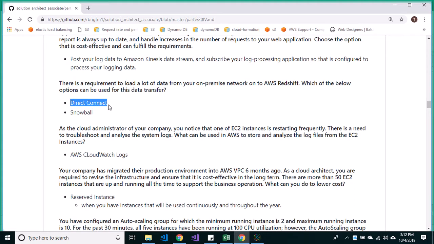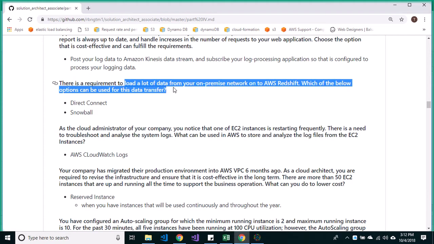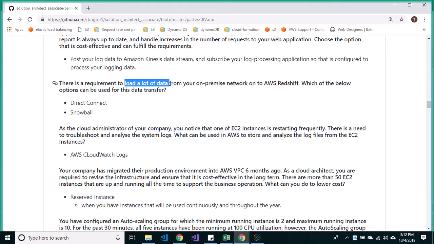This doesn't provide an encrypted connection. For an encrypted connection you will use the VPN. And here, the load is a lot, a lot of data, so that can be done with the help of Direct Connect as well as Amazon Snowball. Okay,